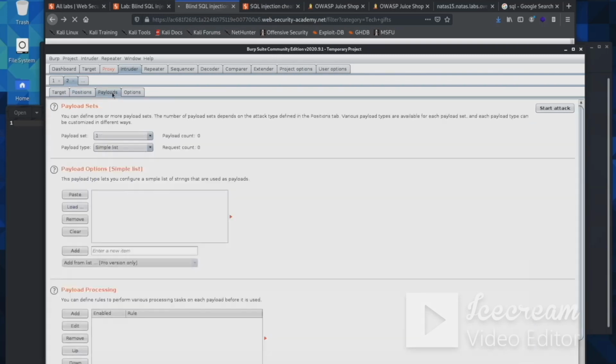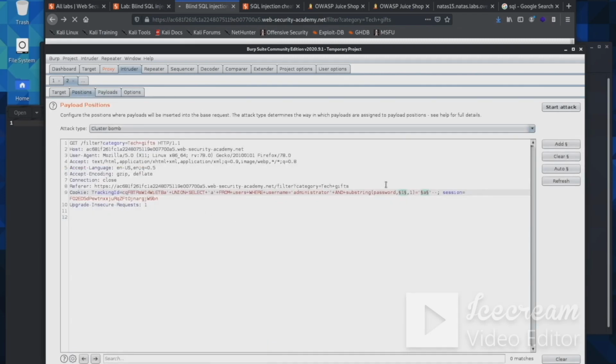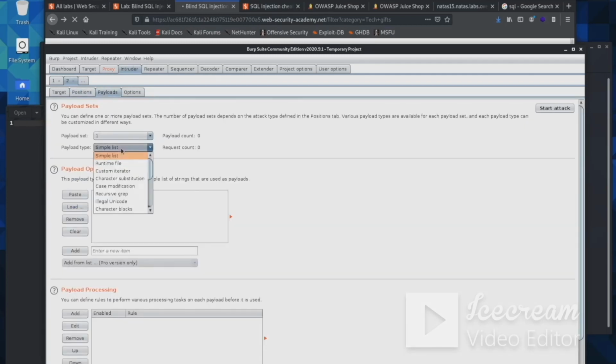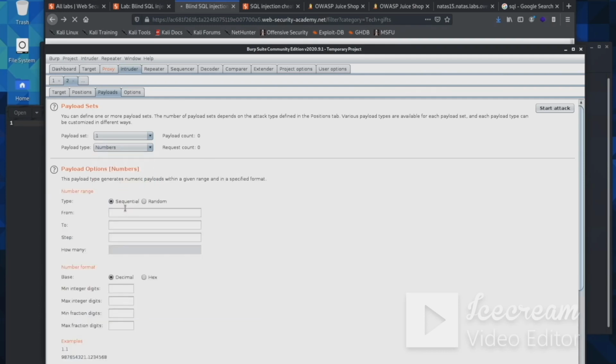And so what we're going to do now is set up our payloads. If you remember, payload 1 is going to go to this position, and payload 2 is going to go to this position. So the first payload, we're going through numbers. So we will find numbers, and we're going to go from 1,